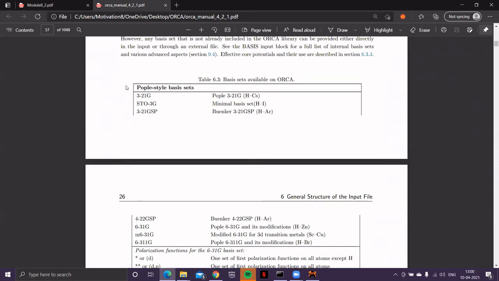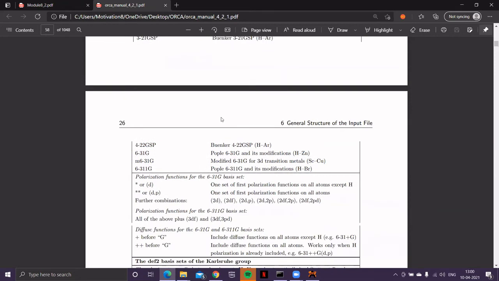321G, that's the simplest Pople type split basis set. We already had a discussion on this. Then Slater type orbitals obtained from 3 Gaussians, but they are no more of any practical use. Only for demonstration they are used. Practically, most of the time we'll be using Pople split basis sets like 631G or 6311, that's a triple zeta